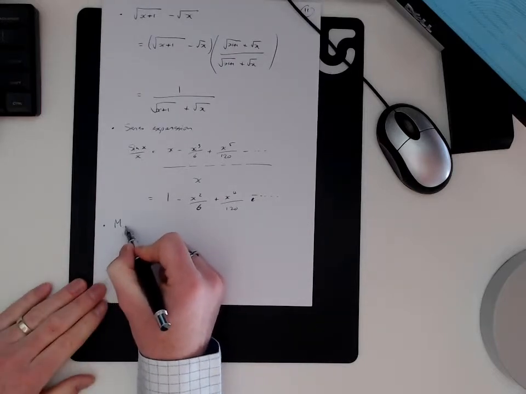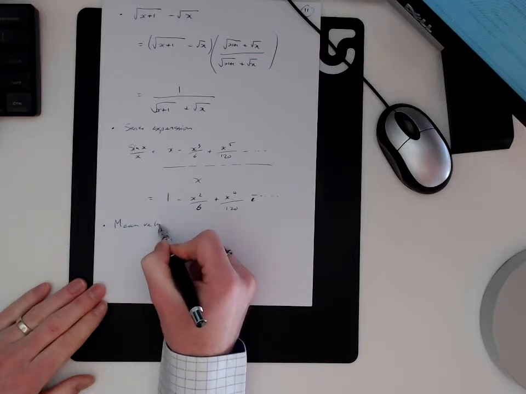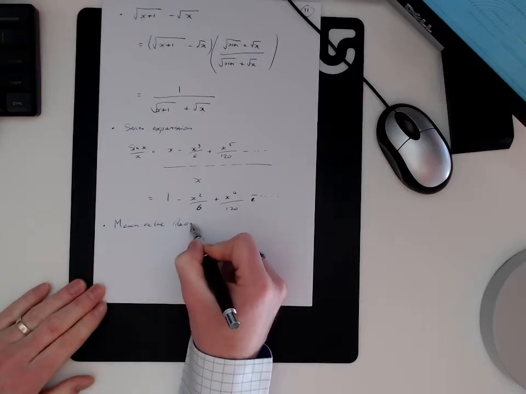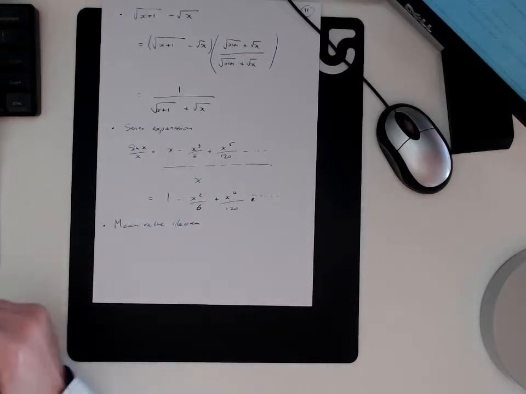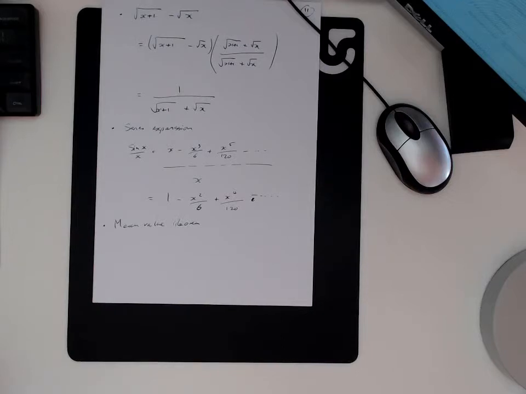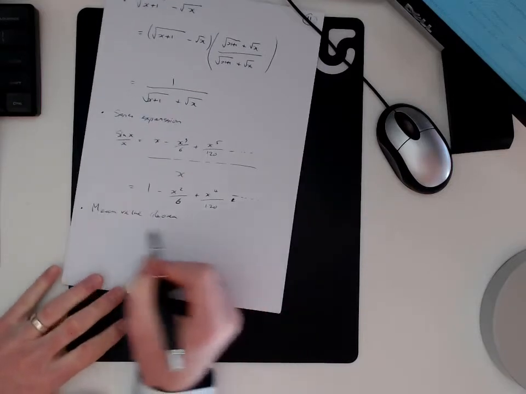Mean value theorem. These are all just tricks. The point is to try and re-express whatever you're calculating in a way that the computer finds easier to understand. So the mean value theorem,